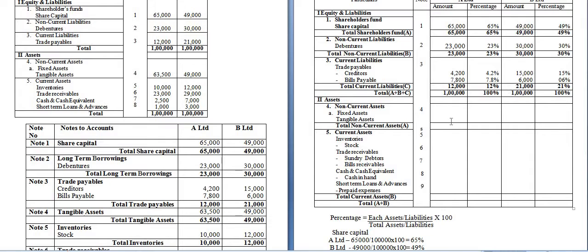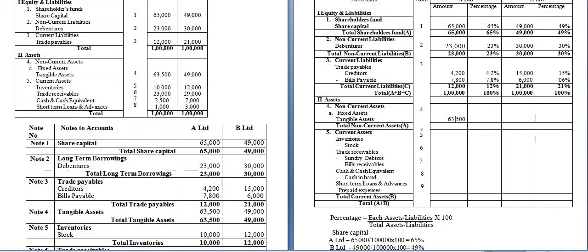Now next one is the asset side. Okay, in the asset side the first one is non-current assets. In non-current assets we have fixed assets, and fixed assets include tangible assets. The details of tangible assets are given in note 4. Okay, the total tangible asset of A Limited is 63,500. So write here 63,500, and the percentage